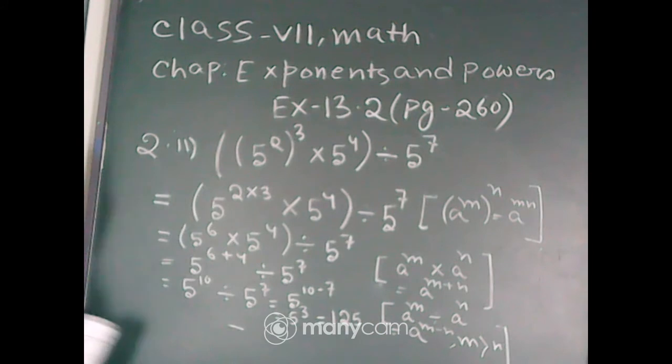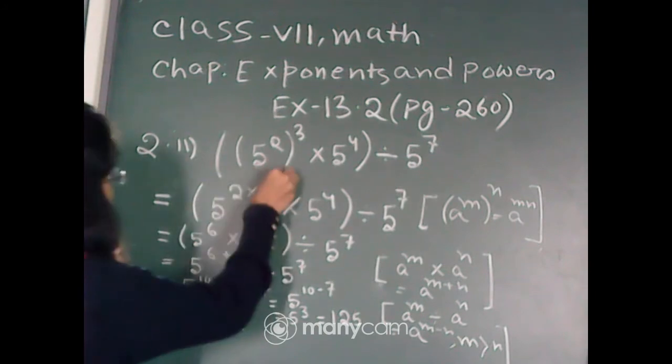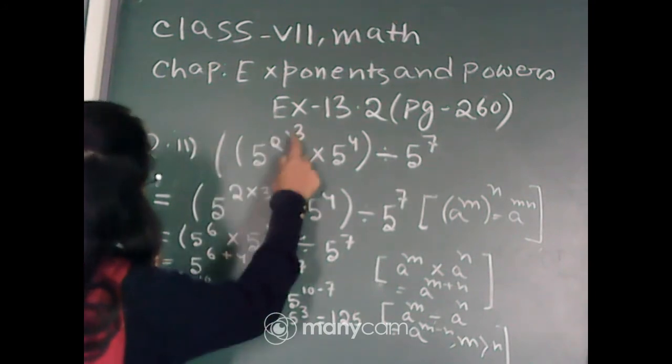Clear? Up to this portion, any problem? The answer is 5 to the power 3. Sania, very good. Again I repeat, here the given math is (5 square) whole to the power 3 into 5